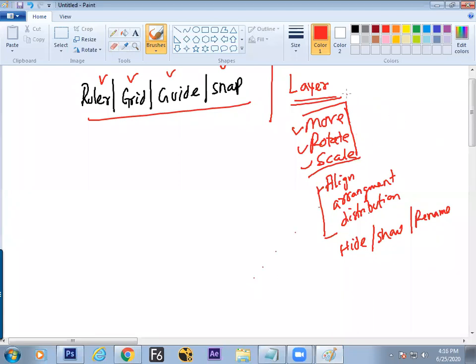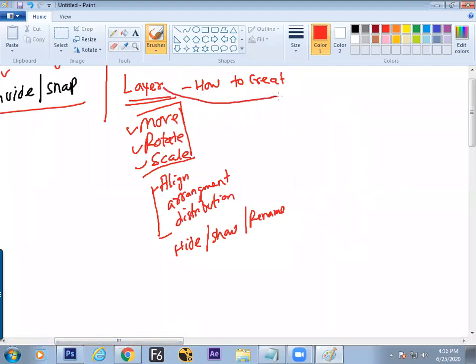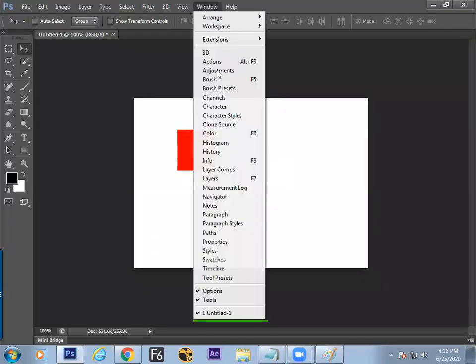Now we'll see how to create a layer. A layer can be created in three different manners. One, in the layer window. So go to Window and ask for Layers.